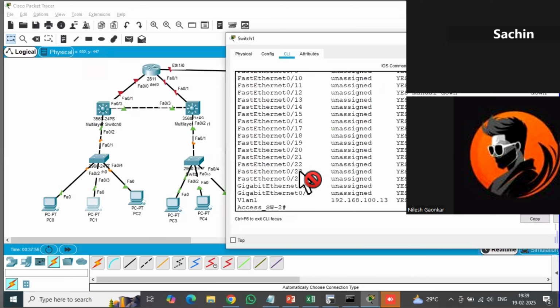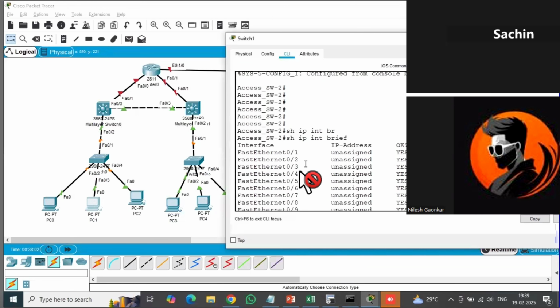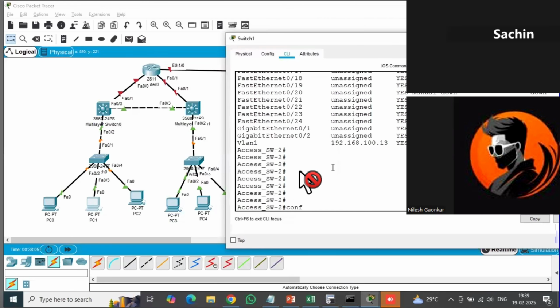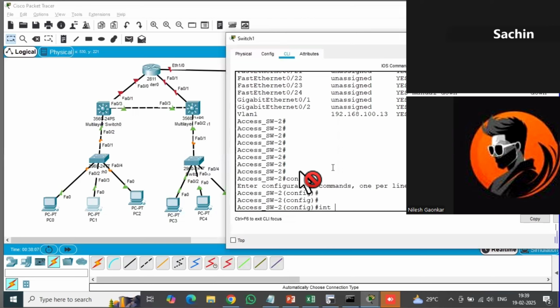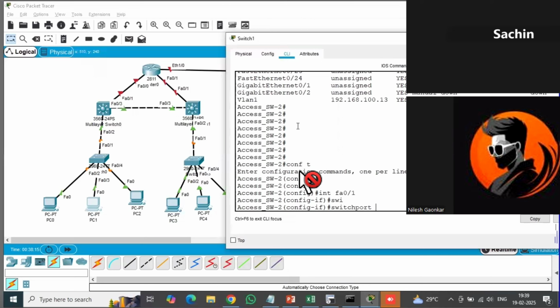Come to the second switch. Okay, so port number FastEthernet 0/1 is missing. So this one is missing. Okay, FastEthernet 1. This should be a trunk port. Config terminal, interface FA 0/1. This should be a trunk port. Okay, so switch port trunk